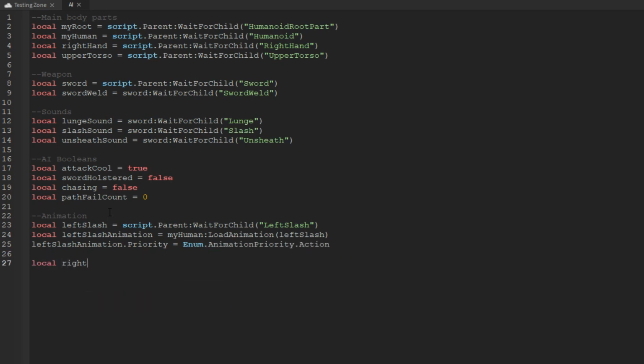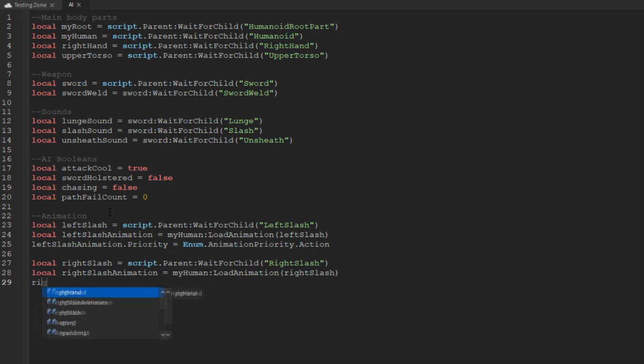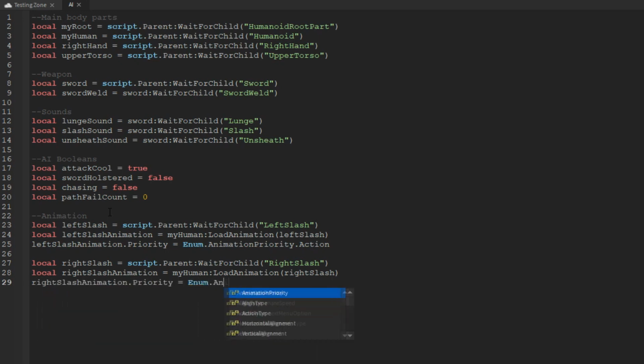Then we're going to do local rightSlash equals script.parent:WaitForChild("RightSlash"). Then same thing again, local rightSlashAnimation equals myHuman:LoadAnimation(rightSlash). Good, and then set the priority again, so rightSlashAnimation.Priority equals Enum.AnimationPriority.Action. Okay, so that will override the default walking animation, so we can just play that while he's running